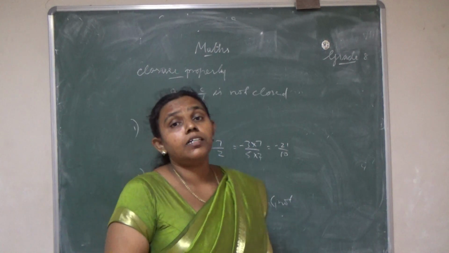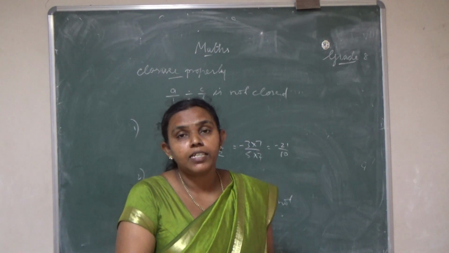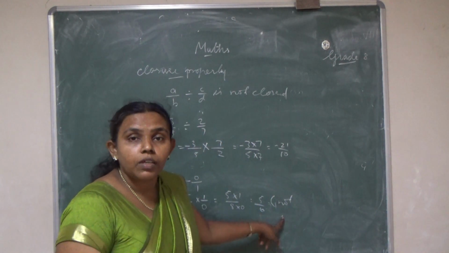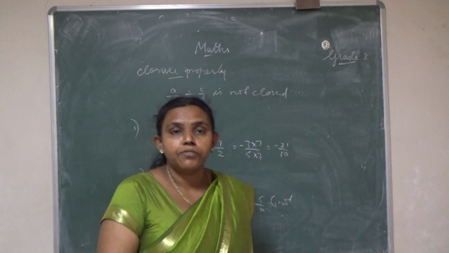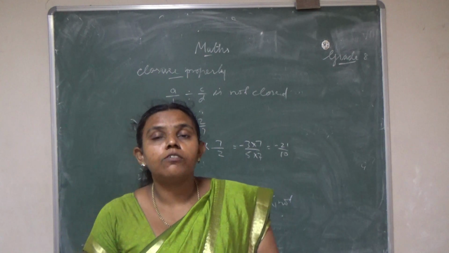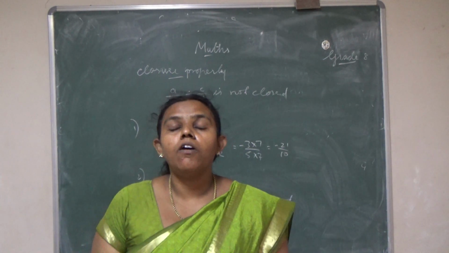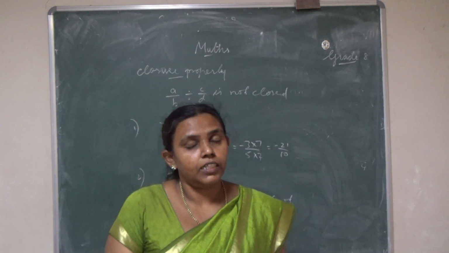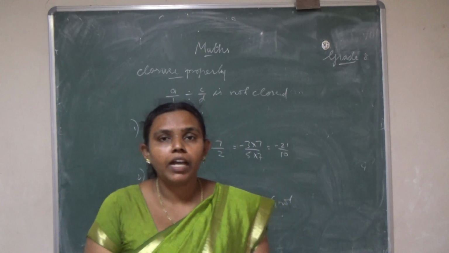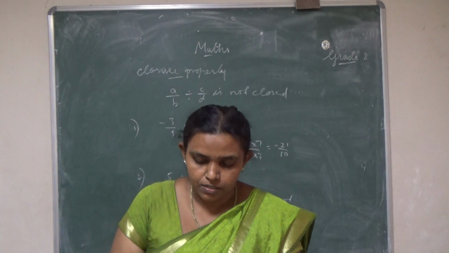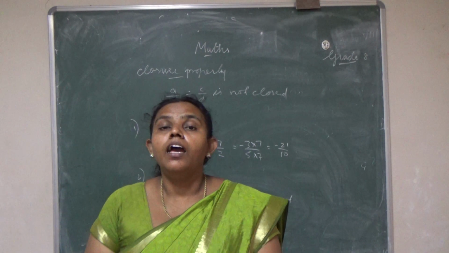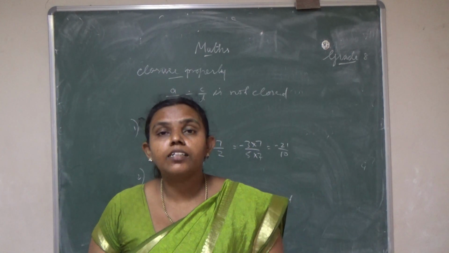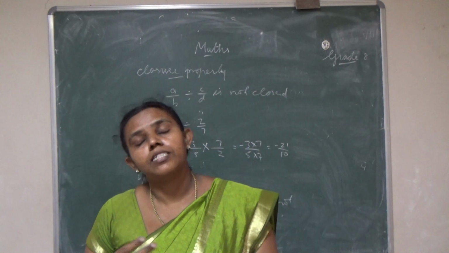So what is a rational number? It is in p by q form, where q must not be 0. Here q is 0, so is it a rational number? No. So finally we can give the conclusion: rational numbers are not closed for all numbers. It is closed for some numbers. Rational numbers are not closed under division. For addition it is closed, subtraction it is closed, multiplication it is closed. For division it is not closed for all numbers. For some numbers it is closed, for some numbers it is not closed.